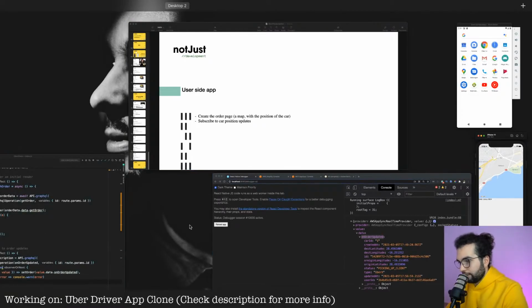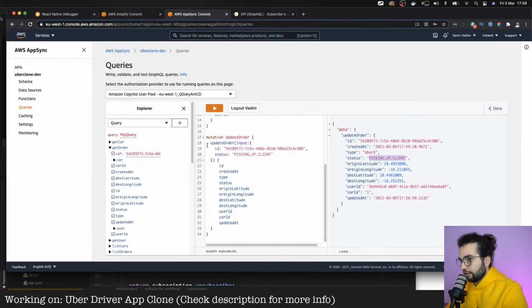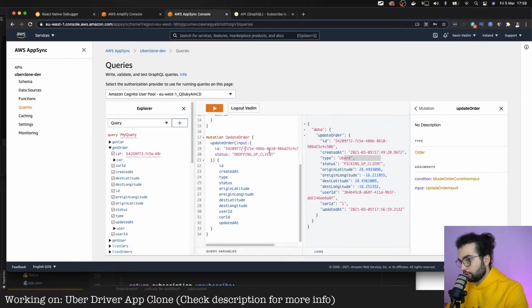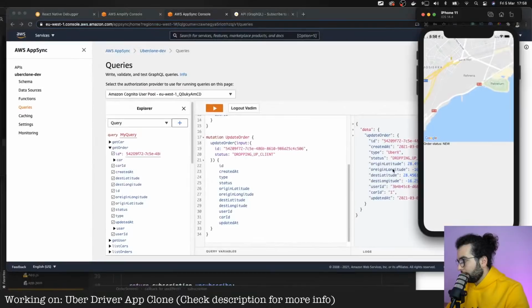Now if we update the status here to dropping off, then we shouldn't see any change, because this is an old order. This is an ID, this is not the new order. So I think we shouldn't get any changes. Let's run this one. Run update query. And yeah, we are not getting any changes.